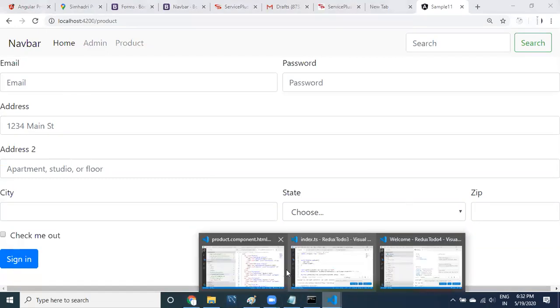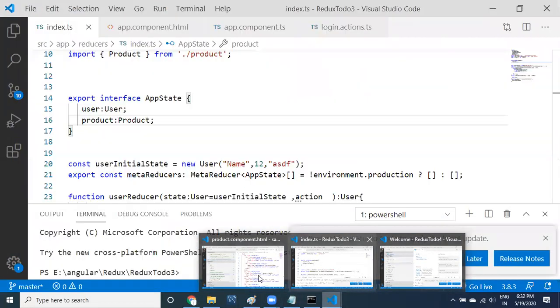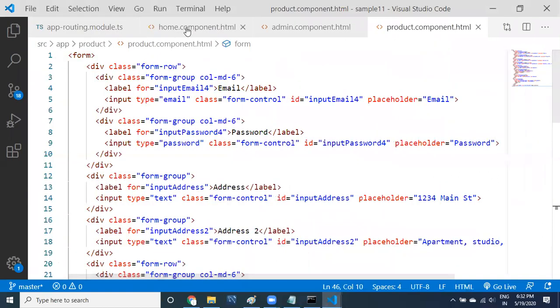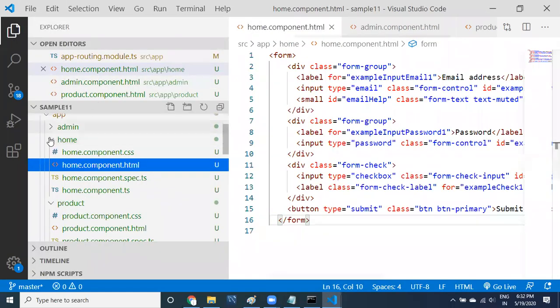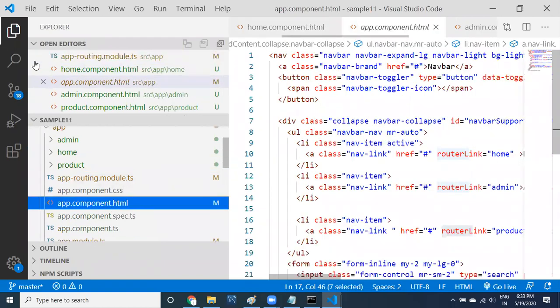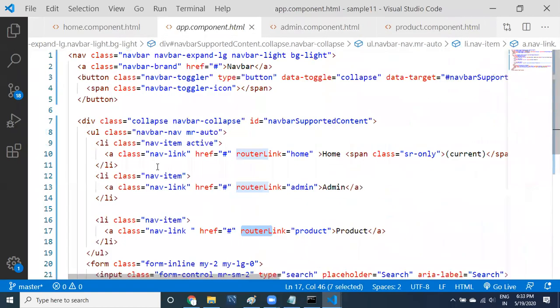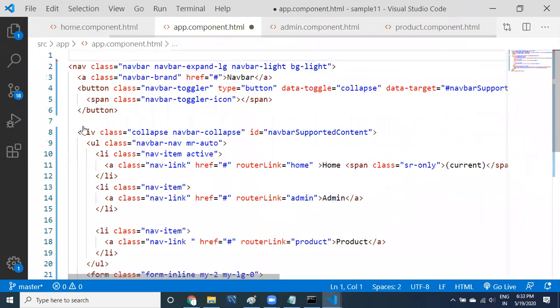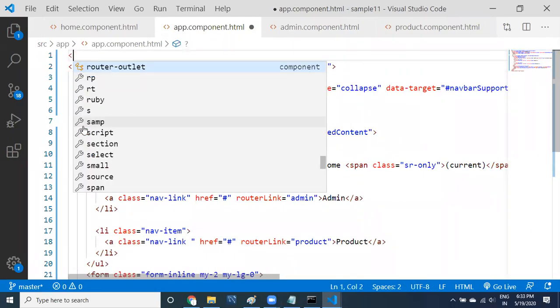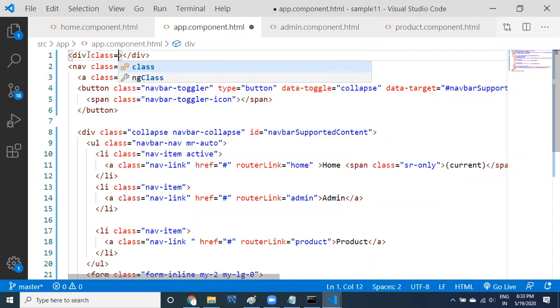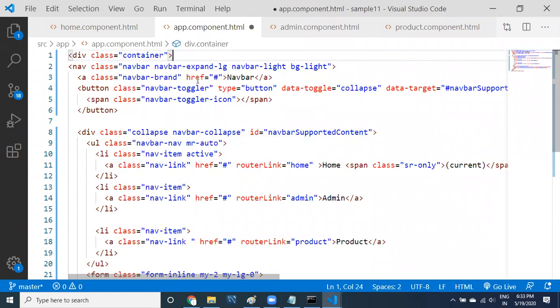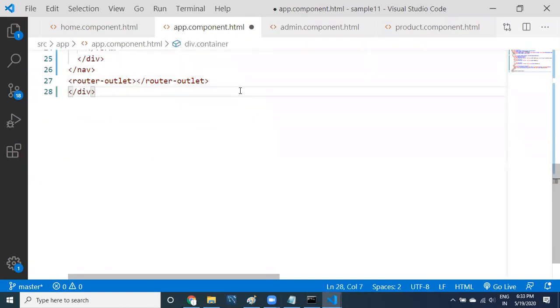I will go to the app component HTML. I would like to take a div with class equal to container, and provide the router outlet also inside that container.